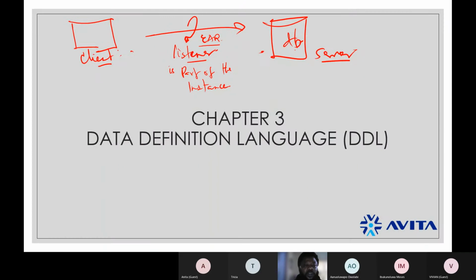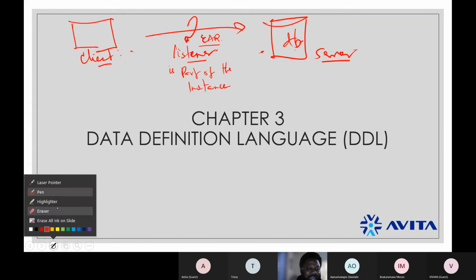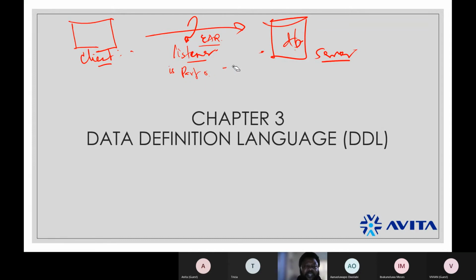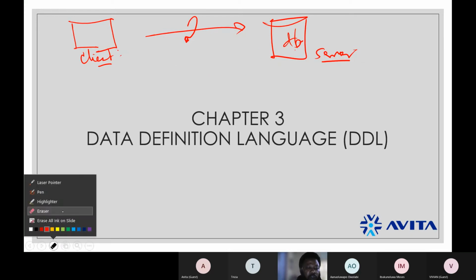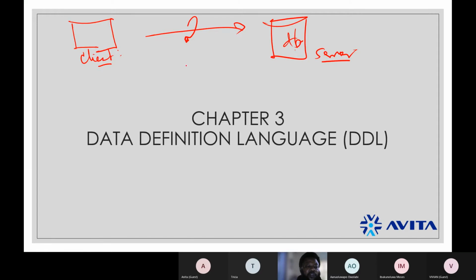Now the listener is like an ear that needs some set of information from the client before it can allow the connection between the client and the server.